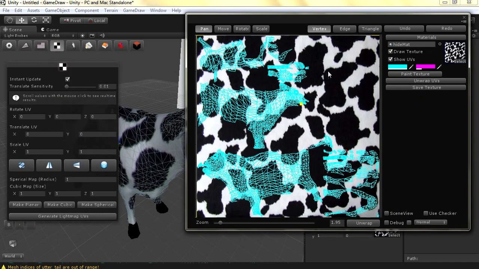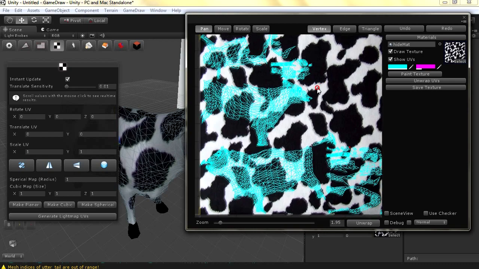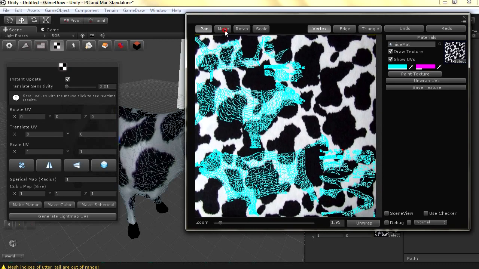So let's draw this texture in the background. As you can see, there is a lot of space that is occupied but is not used by the UV itself. So you have two options. Either you can start working on the UVs. To work with the UVs, you can select, for example, vertices. Let's select this group. You can add with a shift. And then you can simply